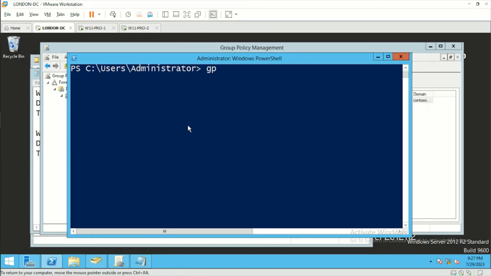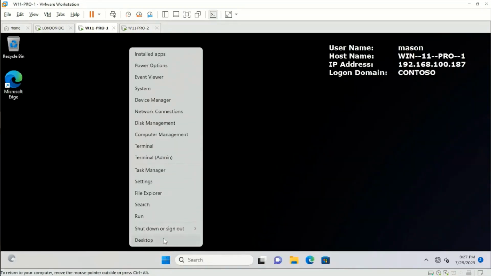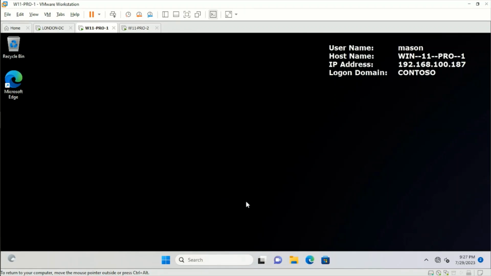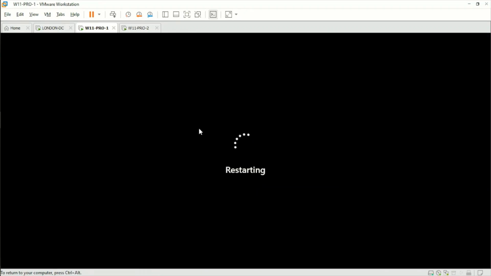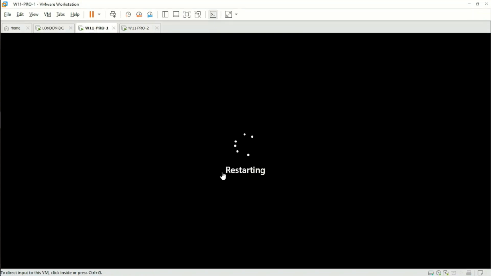Now we'll go ahead and update the policy. So let's run GP update, force it, and while the policies are getting updated, let me just log off from here, or best way is to simply restart the computer so that the policies will be refreshed again. So the policies are refreshed now, they are updated. So just wait for the computer to come up, and then we'll log on using Mason account again